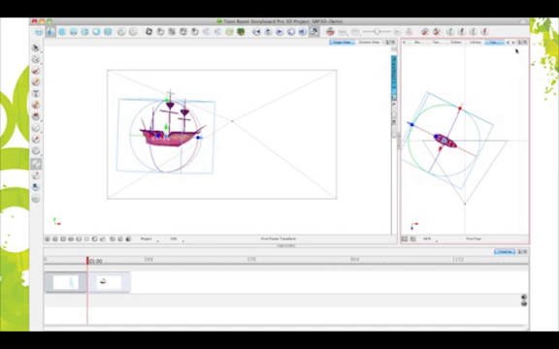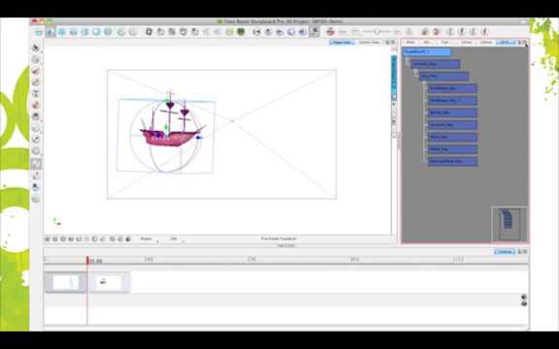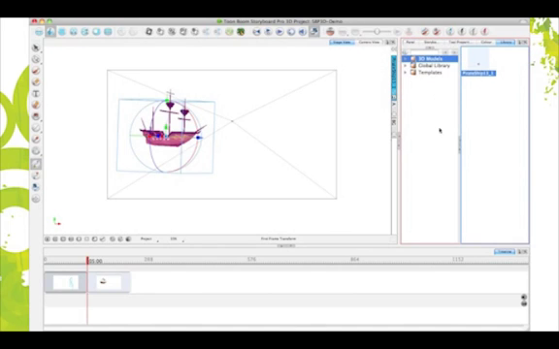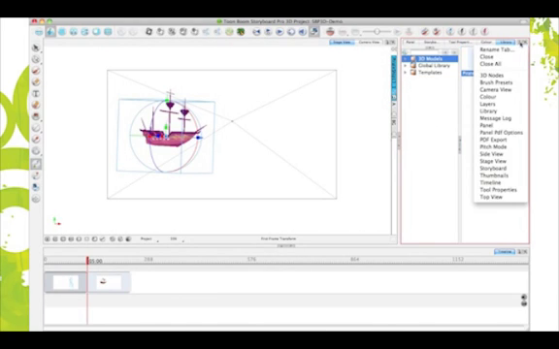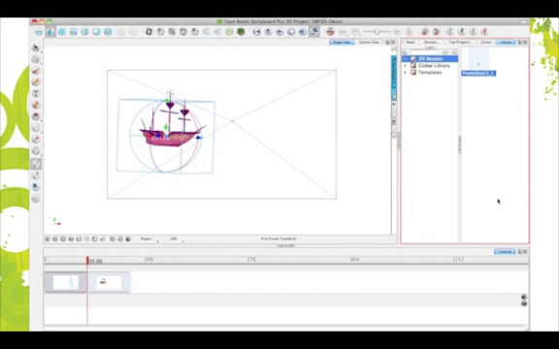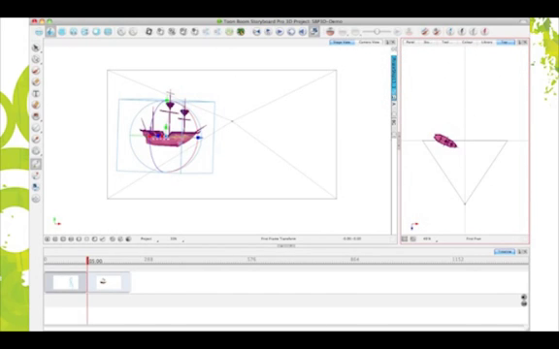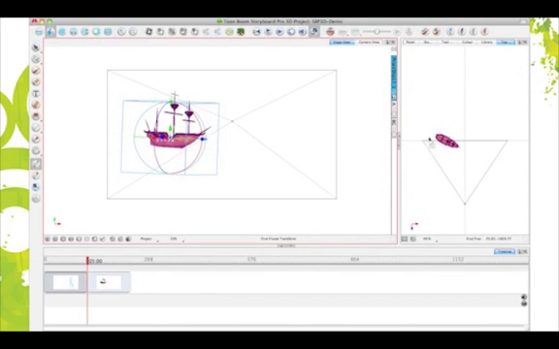I usually like to put my top view on the side here. And if you don't already have a top view showing, let's just exit out to show you, maybe you don't have these things showing. Maybe you just have something like this. If you'd like to add your top view in, you can click on this down facing arrow and then select top view. So now that I've got my top view in there,